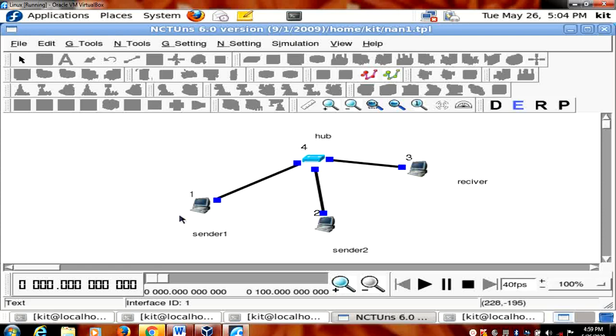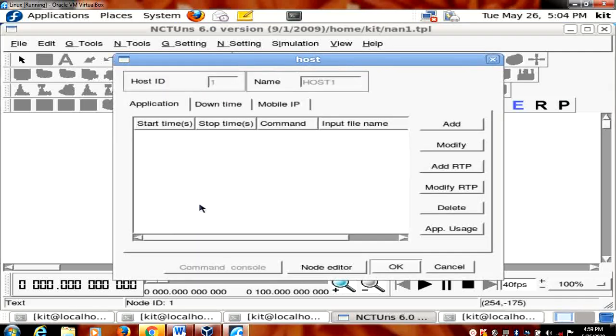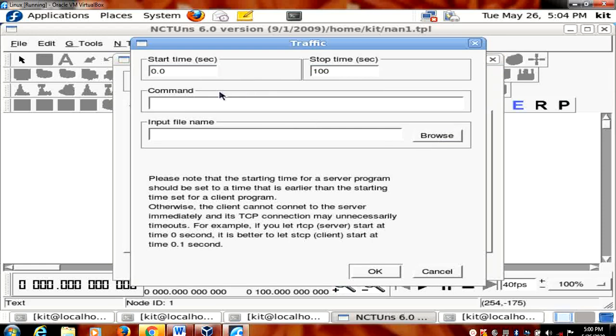Okay, after getting this, next I want to create the transport agent for this. For that, just double click on the system. Okay, go for add. I am using 2 systems, so I will divide the time, and I will go for 0 to 50, which is enough for us. So the command I need to give. The command is